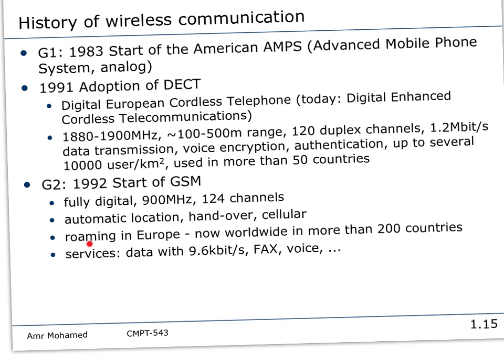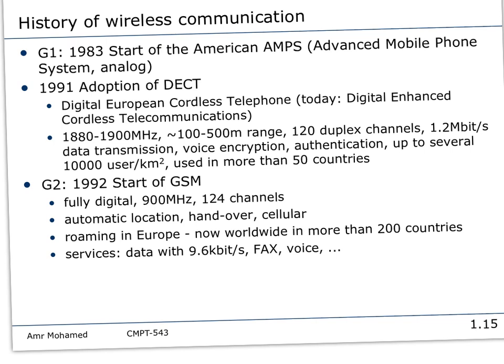So roaming was also supported. We know the difference between handover and roaming, right? Handover means that you move from one access point to another, but within the same system, the same city or the same country. But roaming means that you transition from one carrier network to another carrier network completely. So from Ooredoo to Orange in Europe. This is a network and this is a separate network altogether.